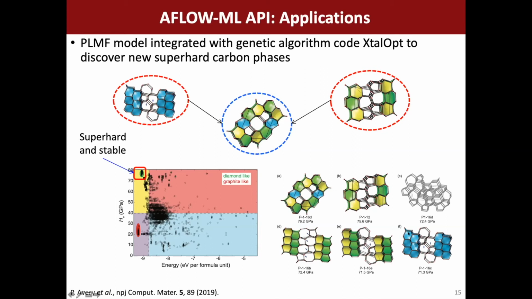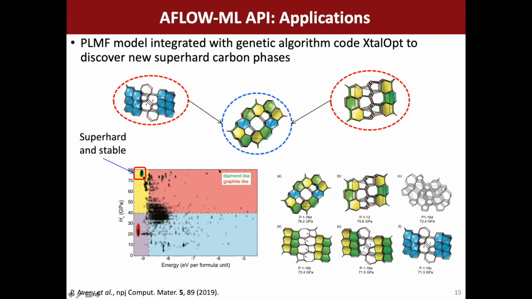You see these blue patches here, which basically correspond to diamond-type structures, while this yellow and green is what's called lonsdaleite, which is sort of a hexagonal analog of diamond. So the hardest structure seems to be some sort of combination of the two, both diamond and this lonsdaleite structure. So this gives you an idea of how you can actually use this model